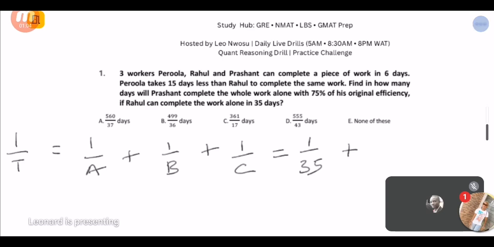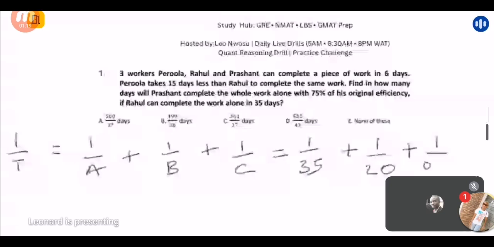Then efficiency is the efficiency of time. Let's say that the person works only 75%, that is 0.75 T of what he or she is supposed to have worked. Now, we have set up this properly. Remember that 1 over T is the same thing as 1 over 6. When we do the next line, we will include it, which is something like 1 over 6 equals 1 over 35 plus 1 over 20 plus, then